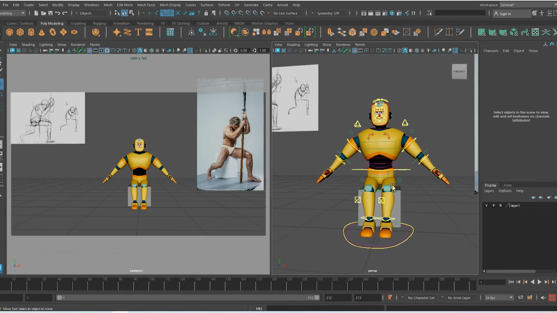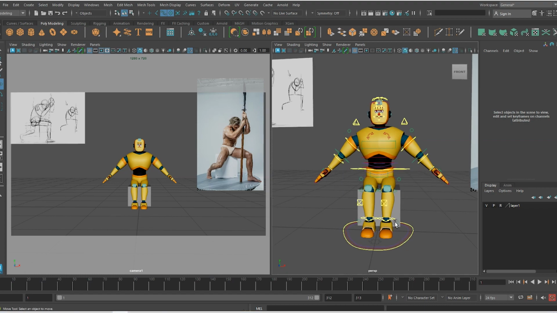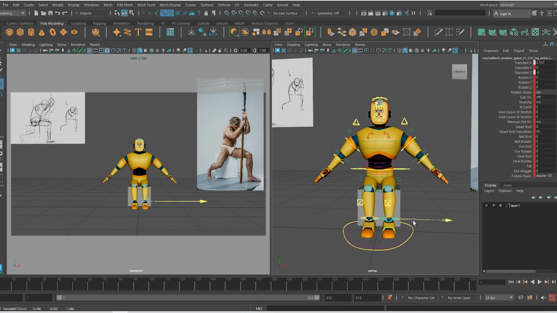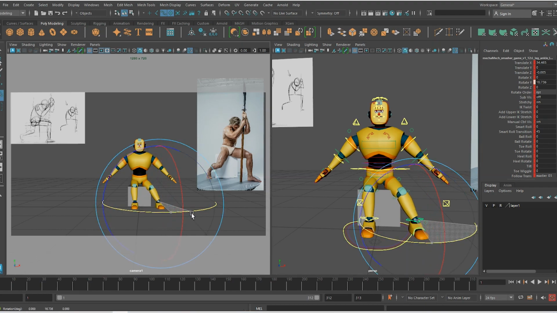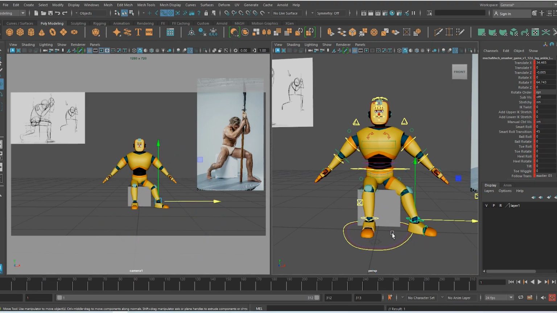Yeah, so now the character is sitting properly, okay. So now the second thing, we'll bring out the leg, okay, and you can see the feet. I'll rotate the feet in the same direction, okay,